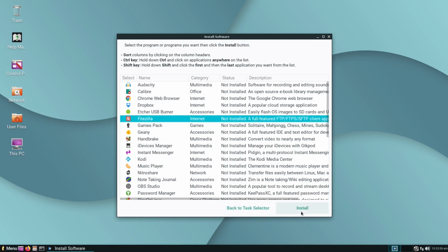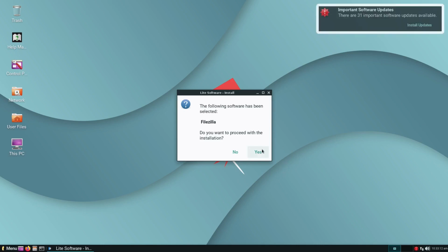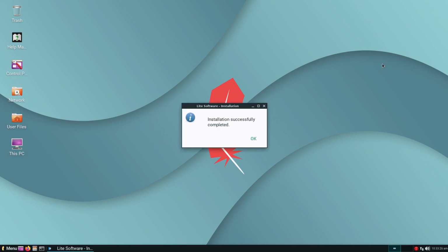So I'm going to go ahead and click FileZilla, click install, and it says the following software has been selected, and let's click yes. We do have an important software update. There's 31 updates that need to be done. We'll take a look at that here in a moment, and we'll do that via the terminal. All right, so it says it's successfully completed, and if I click OK,